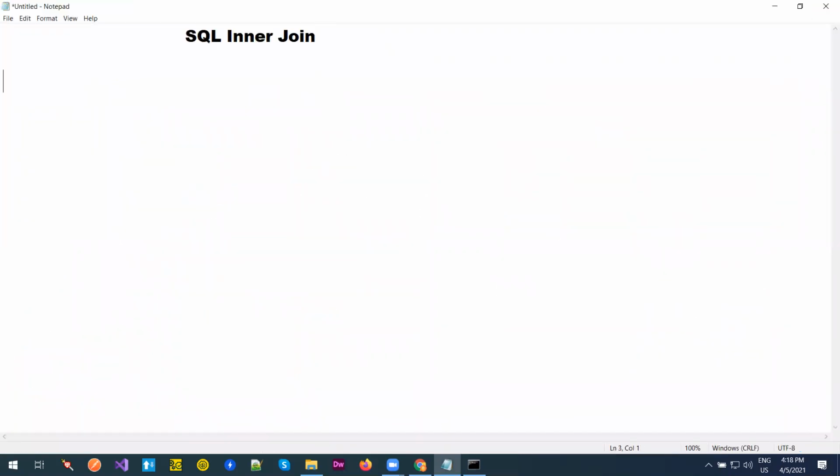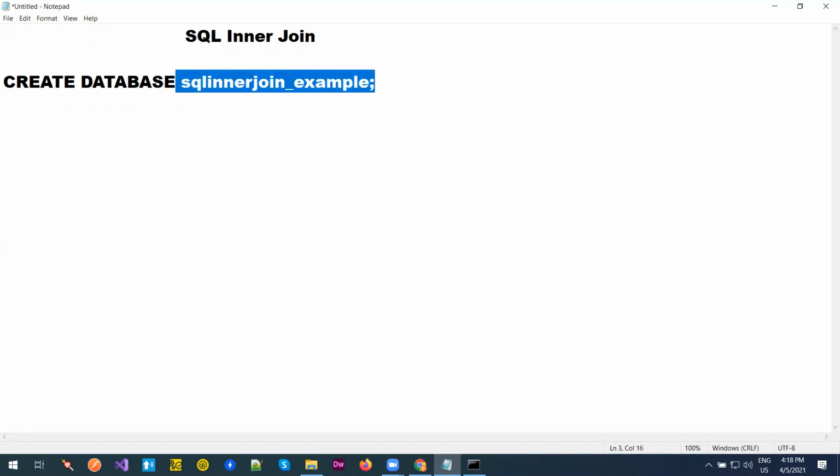So now I'll be preparing that table. You can watch my screen. I'll be typing those commands quickly. So create database SQL Inner Join underscore example with the database name. Since I'm working exactly specific to this, I'll be going with this name. Okay. Now